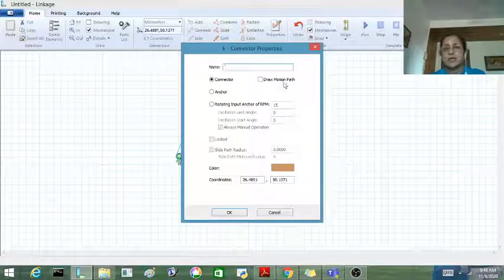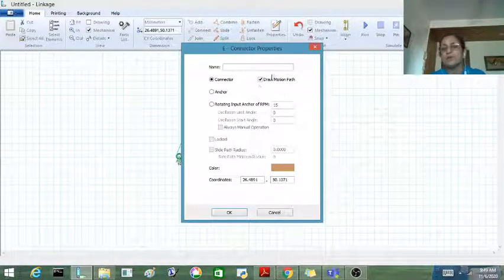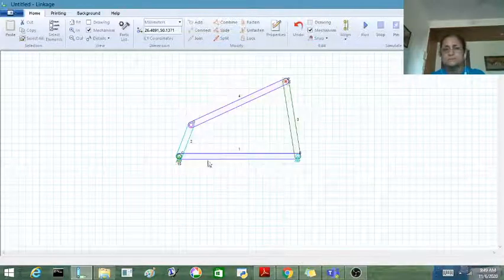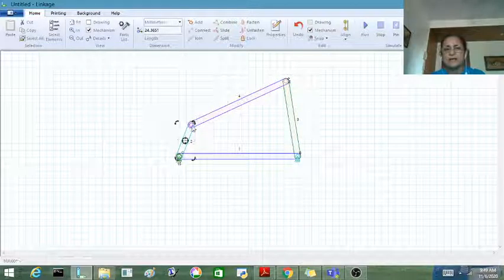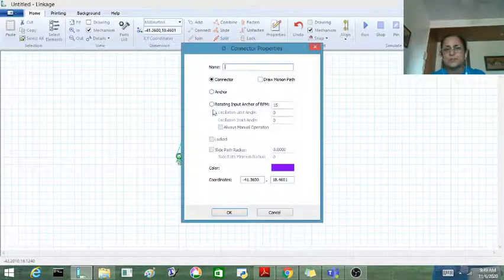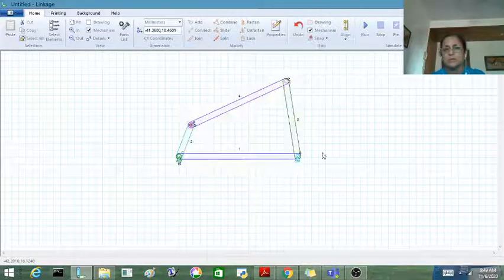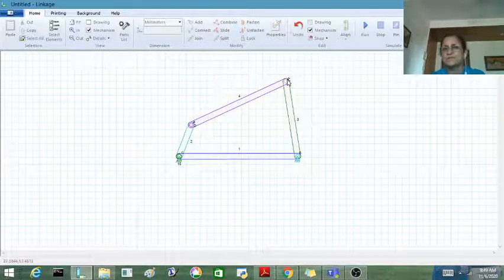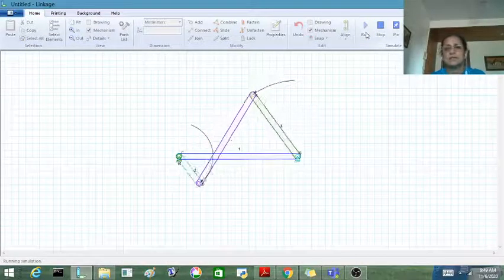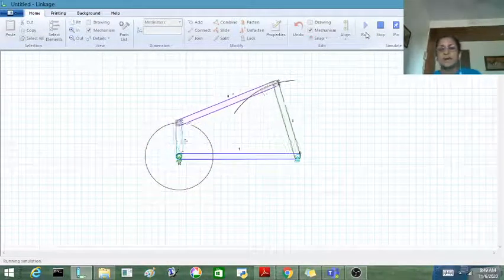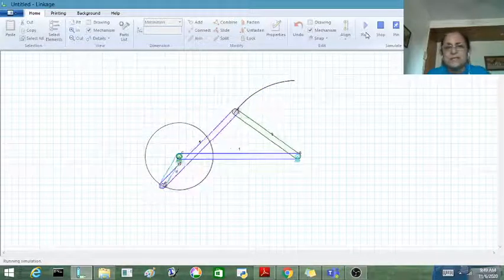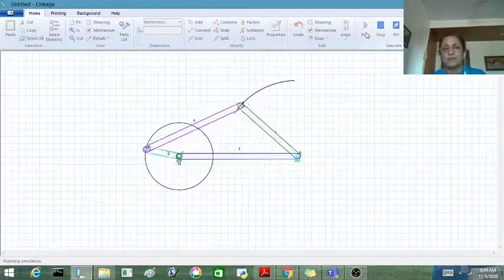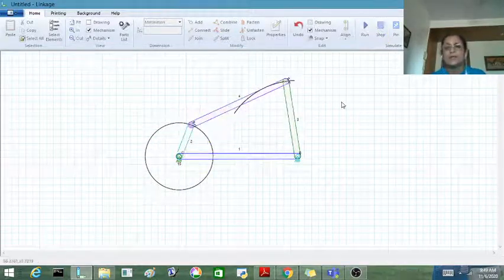If I right click on this, I can choose that I can draw the motion of the path for this particular point as well as for this particular point. I can draw the motion of the path. So you can see that the pen kind of symbol is already added here. Now you can observe that the path of point D is completely circular, but path of E is rotary movement. So something like this we can simulate the mechanism.